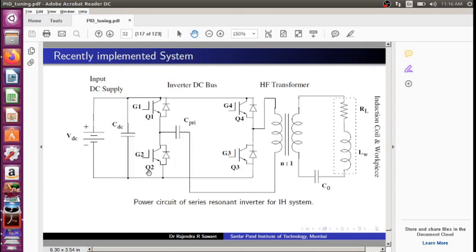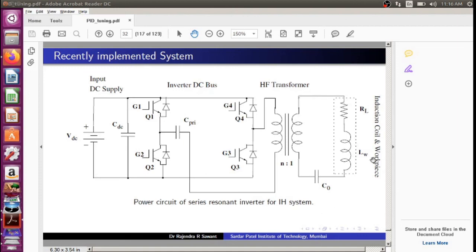We have recently implemented a system called an induction heating system, wherein we have a high frequency power inverter with IGBTs. We apply a high frequency output voltage through a transformer to an induction heating coil.